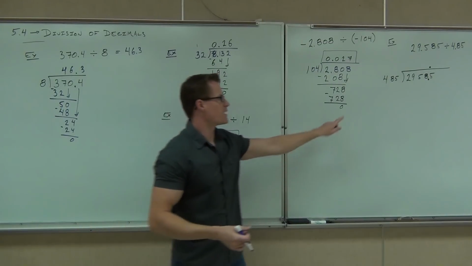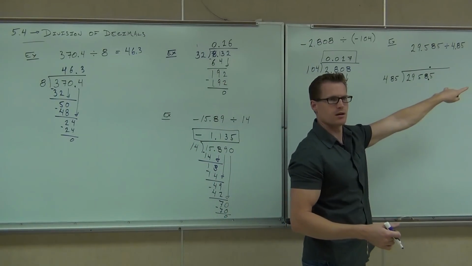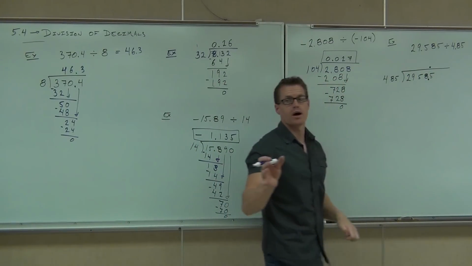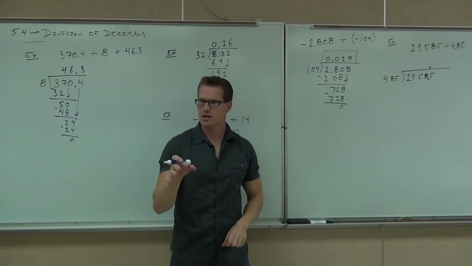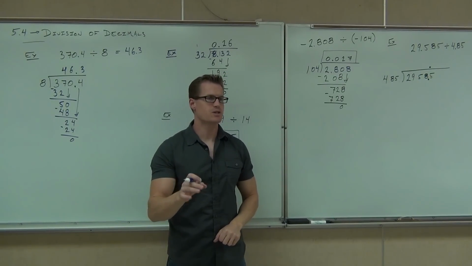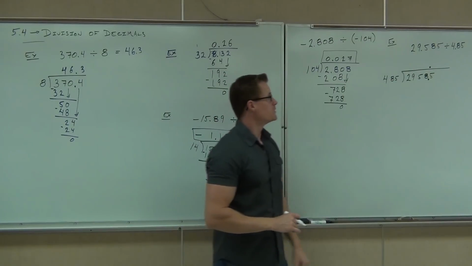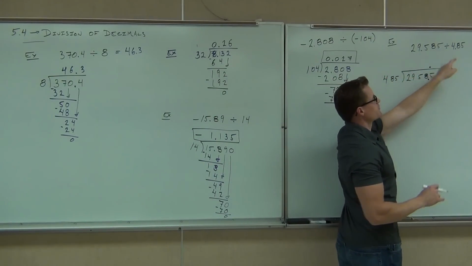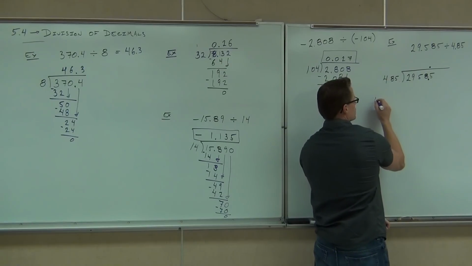By the way, do you want to see why this works? Why you can move that? Okay, here's why. Have you ever seen that before, by the way? Some teacher somewhere might have taught you how to do that. Here's the reason mathematically why you can do that. Notice that 29.585 divided by 4.85 can also be represented